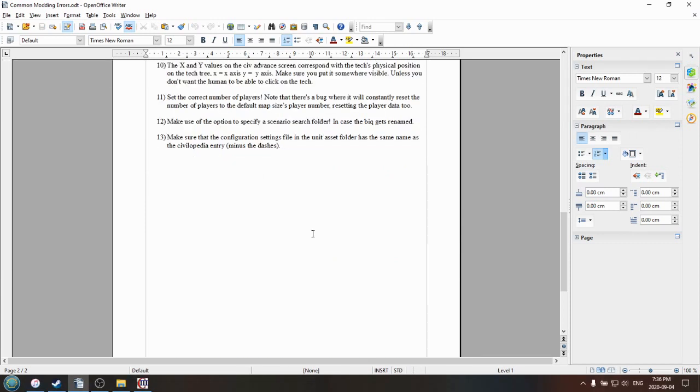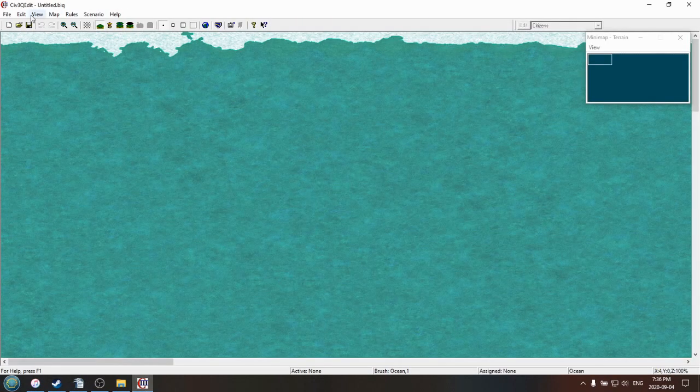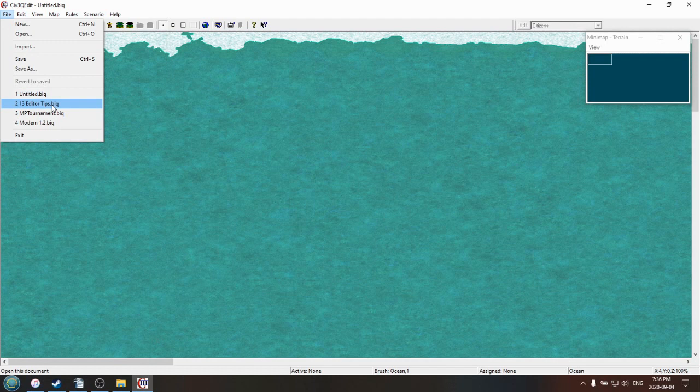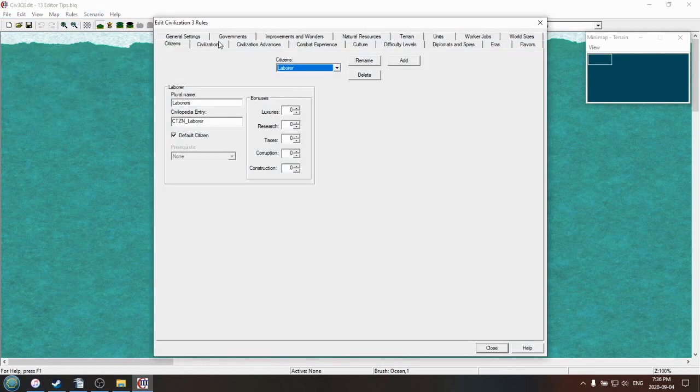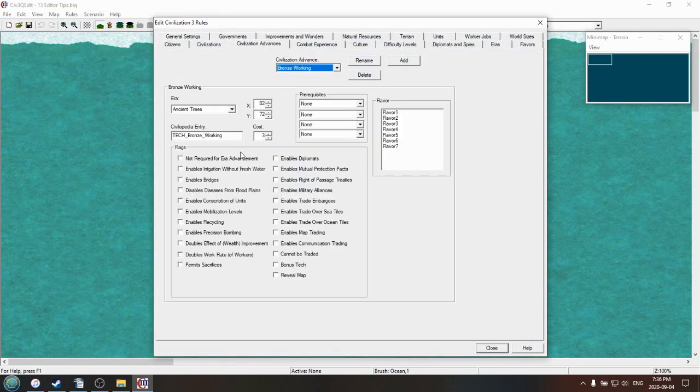Hey people, mistake number 10 has to do with the X and the Y values on the Civ Advanced screen in the scenario editor. Let's check those out now. If you go to Civilization Advances, you'll see these X and Y, and if you check the help tool, it'll tell you exactly what these do. That's why I recommend checking out the help tool, because otherwise, how would you know? I guess I could tell you. What they correspond with is